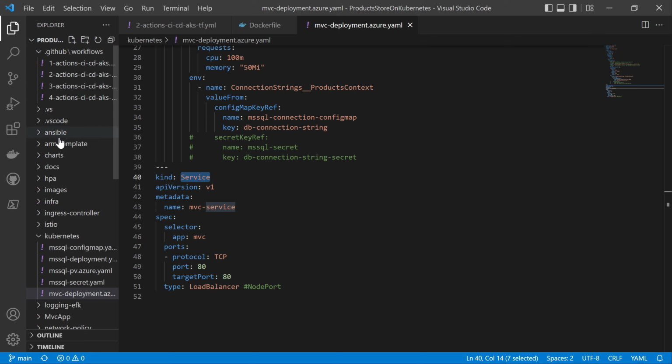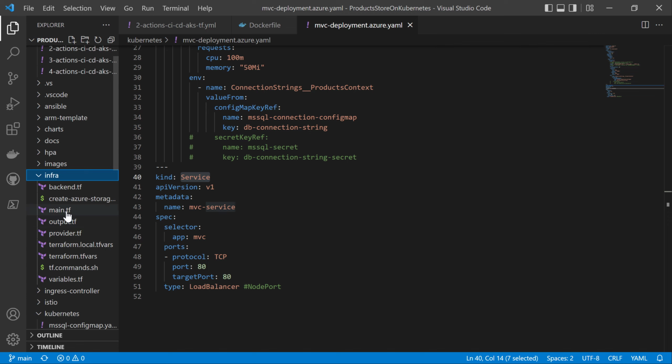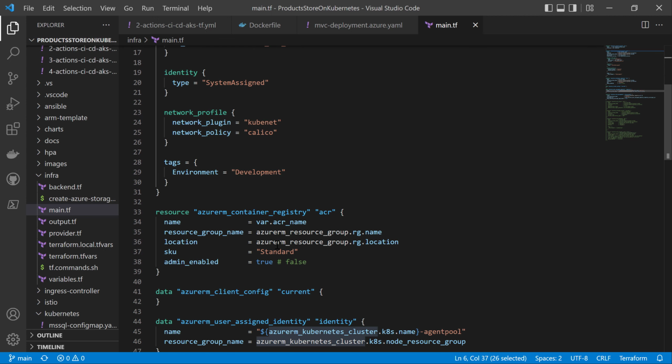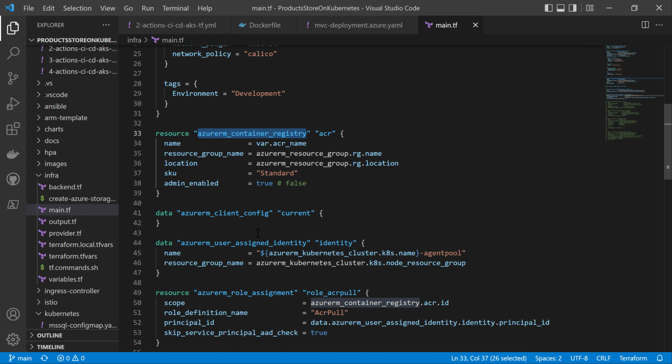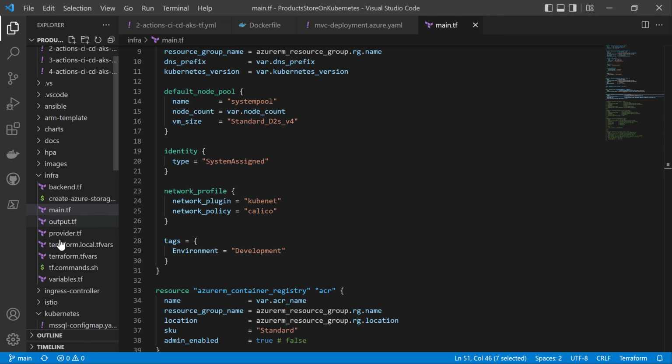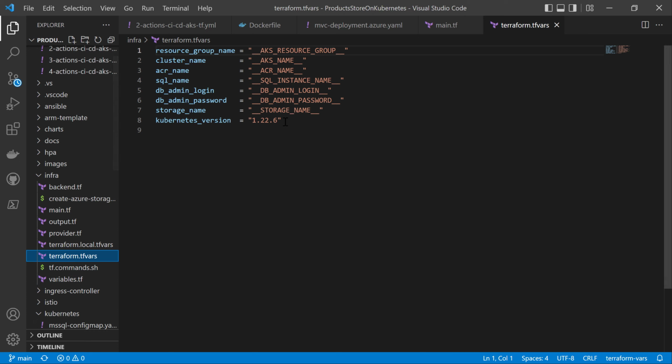And in addition to that, inside the Infra folder, I have a sample Terraform template that will provision the infrastructure for me. So this one will create a resource group, an AKS cluster, and then it will also create a container registry and assign the ACR pull role to my AKS cluster to be able to pull images from that registry. And I have here also some other Terraform configuration files related to this template. One of them here is the terraform.tfvars that contains the variables that I should replace when I want to